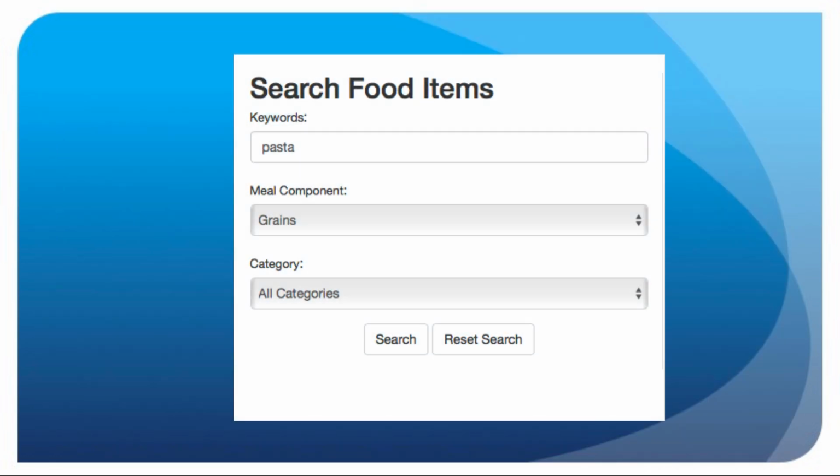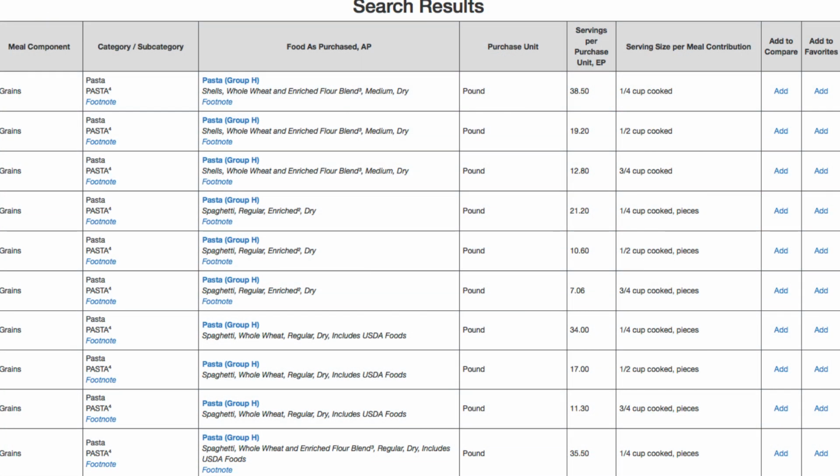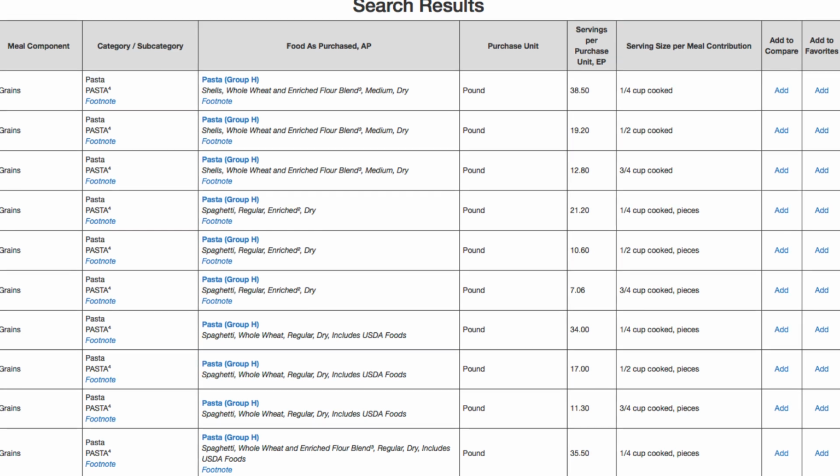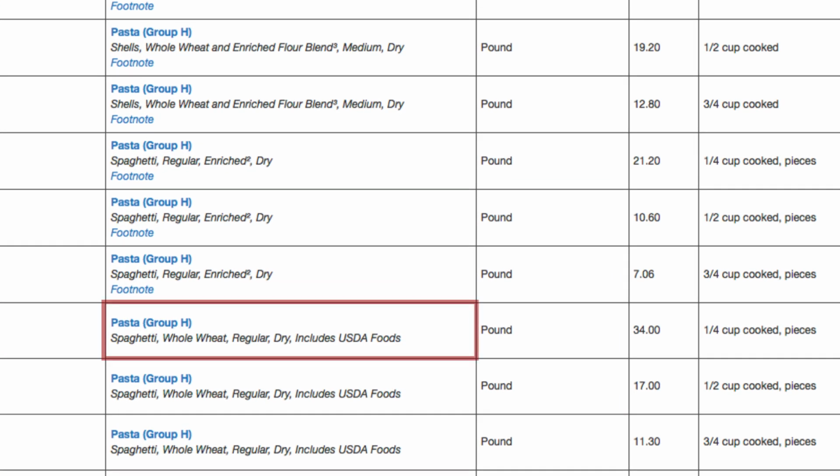To find them in the food buying guide, search for pasta. Several different forms of pasta are available to choose from. This example uses whole wheat spaghetti pasta. Under Spaghetti, find the selection that lists whole wheat, regular, dry. The food buying guide indicates there are 34 1/4 cup servings of cooked whole wheat spaghetti noodles per pound of